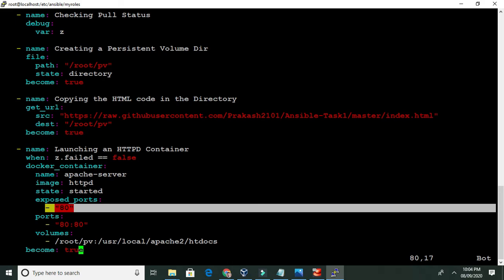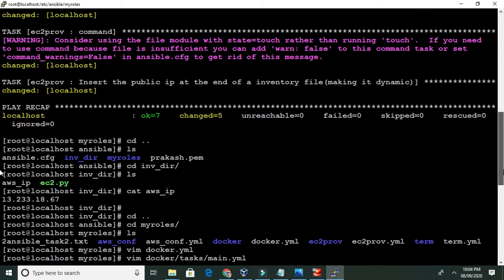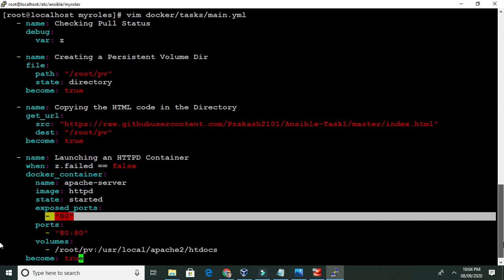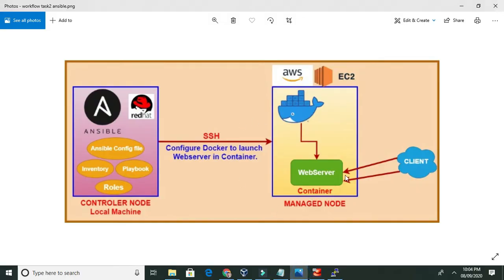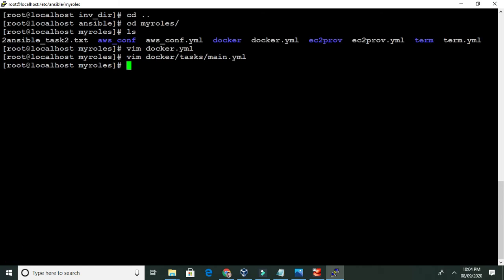So this is the task code which we are using to configure the complete Docker and web server inside the AWS instance. So let me run this role. The command is ansible-playbook, and the playbook name is docker.yml. Okay,